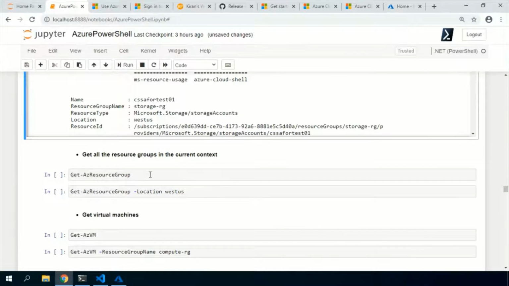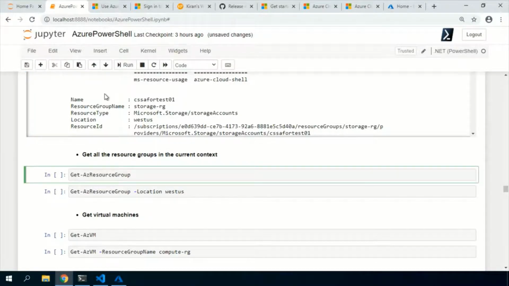Also, you can pull the resource groups you have. The resource command, irrespective of type, contains the list of all resources. But the other commandlets are very specific to a particular type, which you can get using the specific Get commandlets of that type. Suppose I want to retrieve all the storage accounts, there is a commandlet called Get-AzStorageAccount, right? Or if I want to see all the virtual networks inside my subscription, I can use Get-AzVirtualNetwork, something like that, right?